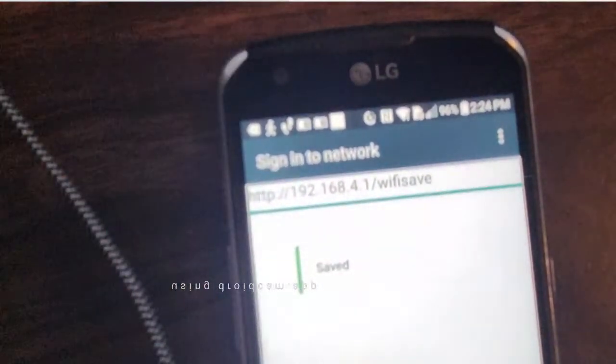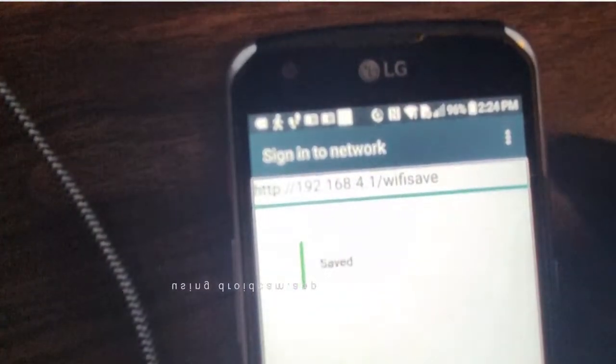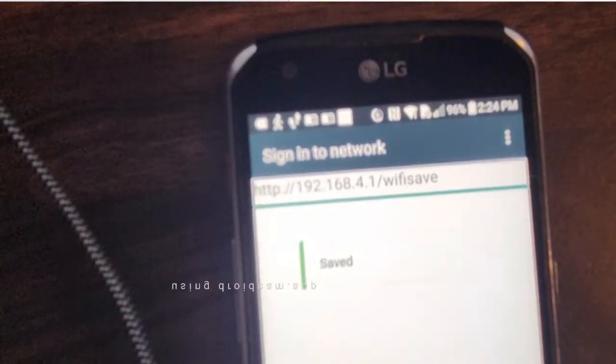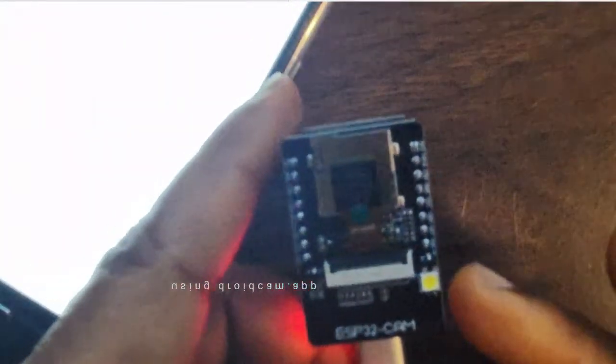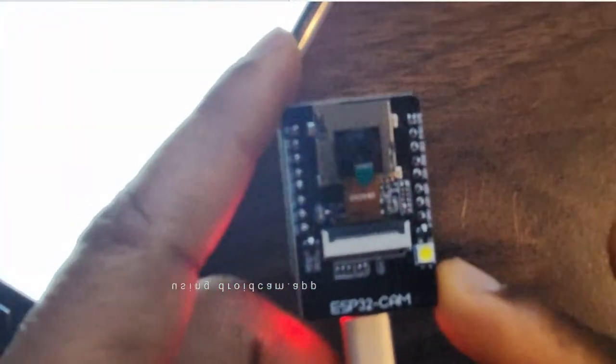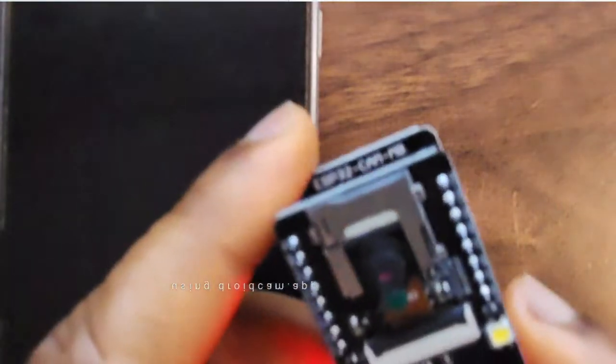Once I connect, it's going to save. So it has saved it. That means this device is now connected to my Wi-Fi network. This device you see here is now connected to my Wi-Fi network simply by making it a hotspot or a server, and then using my phone as a client to connect to it. I'm able to open a captive portal to transfer the Wi-Fi connection available on my phone to this. And then once I click on the reset button,